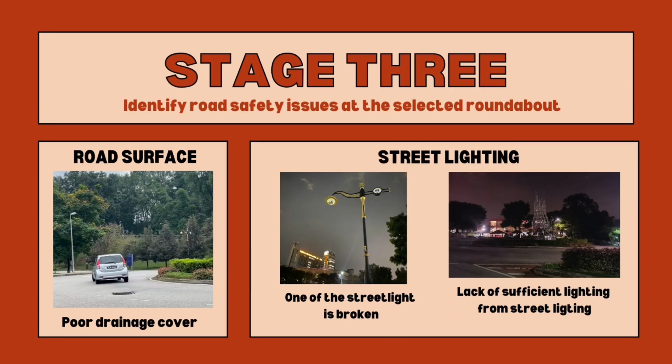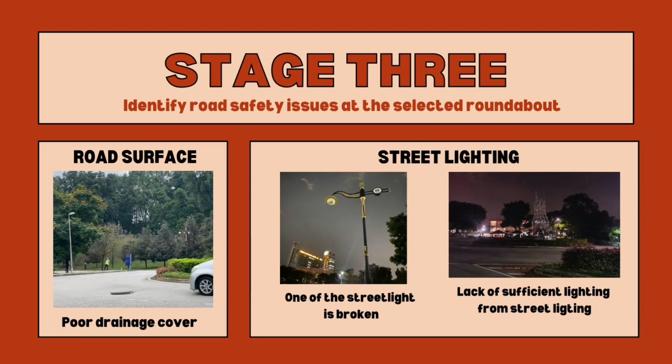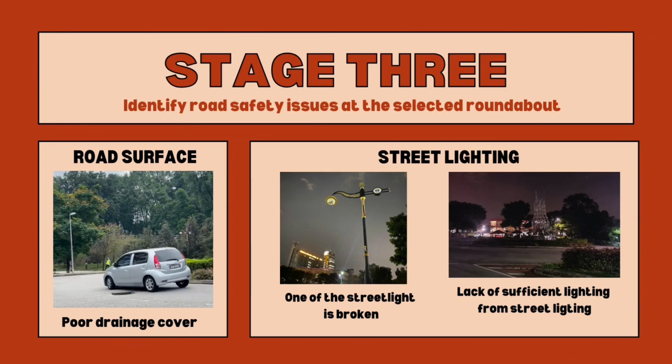Next, the third issue that we are going to look at is road surface conditions. Regarding road surface conditions, we have identified poor drainage covers at the circulatory roundabout. The positioning of the drainage cover itself is quite critical as vehicles frequently pass over them when making turns, leading to wear and tear. This can also result in bent covers that do not last long and will pose